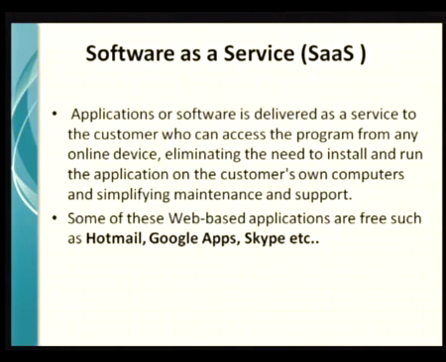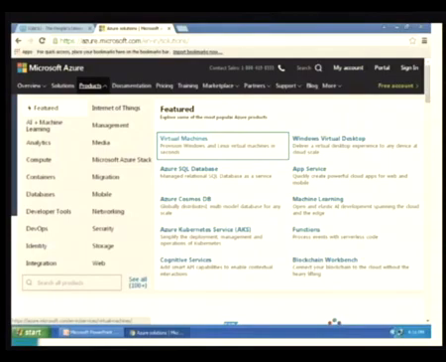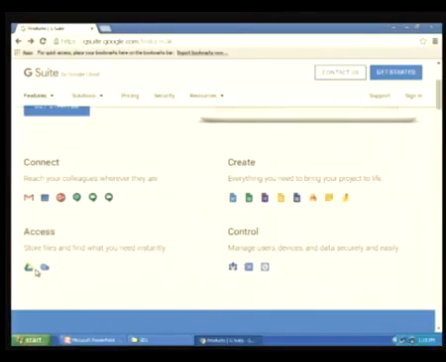Some of the things you had already seen: the Gmail service, the Hotmail service, and all the Google apps that you can find on the top right corner after logging into the Google site. Skype is also a software service. Likewise, there are several software services made available through the cloud platforms. I want to share with you the websites also, the look and feel of the websites of Microsoft Azure and Google, etc., at the end of this session.